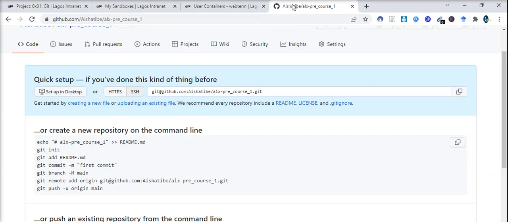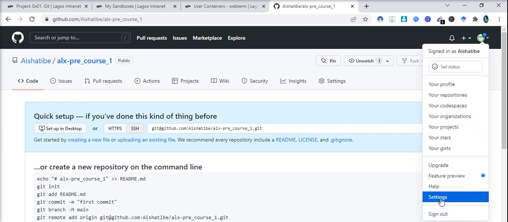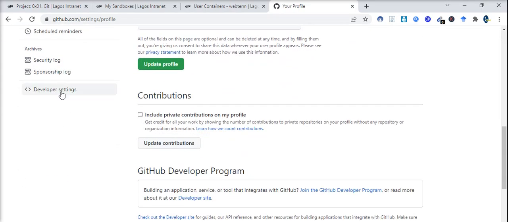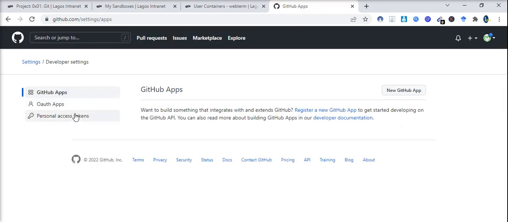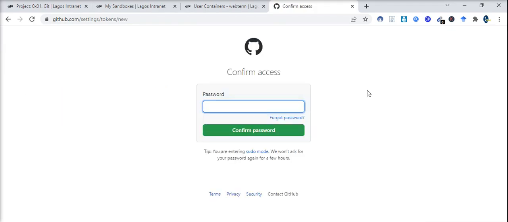token. So we're going to go back to the GitHub dashboard and we're going to create a personal access token. To do that, you click on your profile picture here. There is a small circle here, click on it, and then you go to settings. All right, so from settings you scroll down to developer settings. From there you see GitHub apps, OAuth apps, you come to personal access token. All right, and then you generate new token. Click on generate new token and that will generate a new token, but then you need to confirm with your